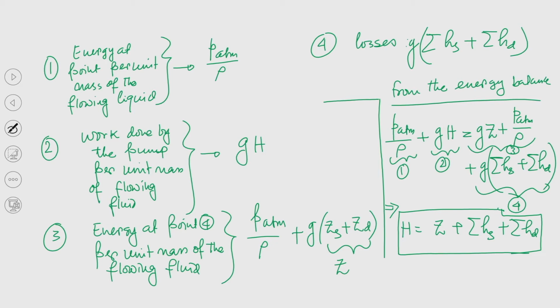Now, the question is, it is so simple, then why do we need to go for the second approach, what I was talking about in the beginning of this class? If we can really calculate the head developed by the pump, which is nothing but the height between the liquid level in the suction and delivery side, and if we can calculate the losses, then we can easily calculate the head developed by the pump. If that is really possible using this equation, then why do we need to go for the second approach?